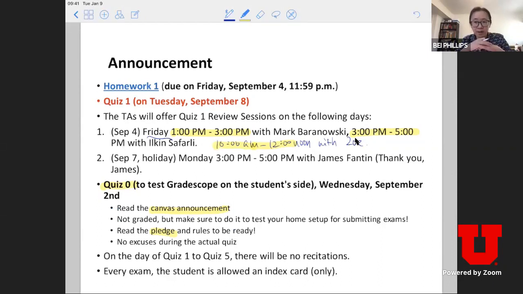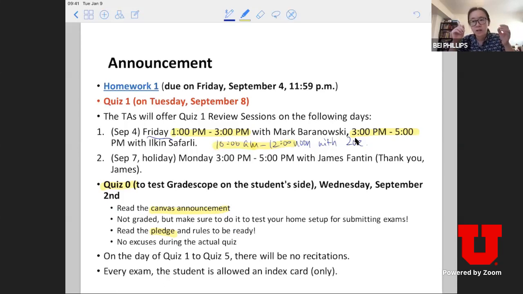The important aspect on the day of your quiz is to make sure you set aside 1 hour to do the quiz. Once you start the clock, there's no pausing it. You really need to have that 1 solid hour to work on your quiz. Again, the suggestion is you can potentially use the time of your recitation to do that, or if you decide it's easier to do it early in the morning, that's fine too.